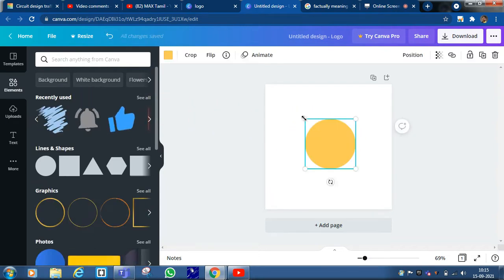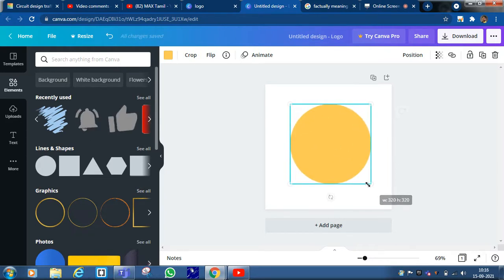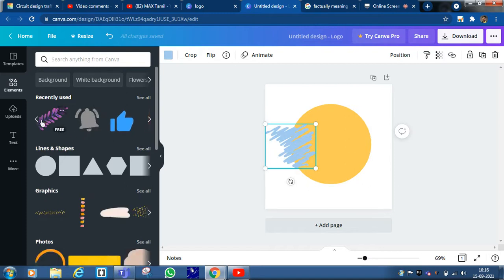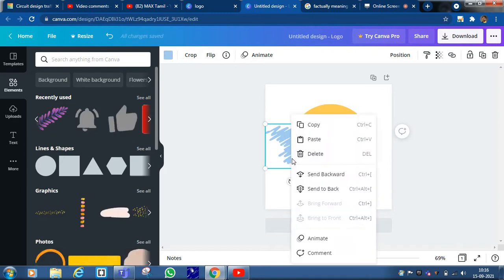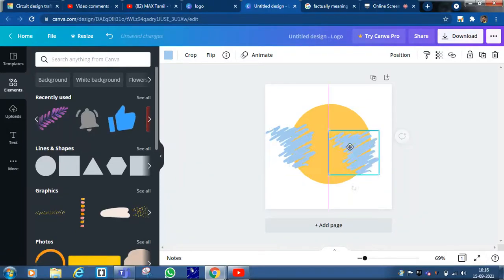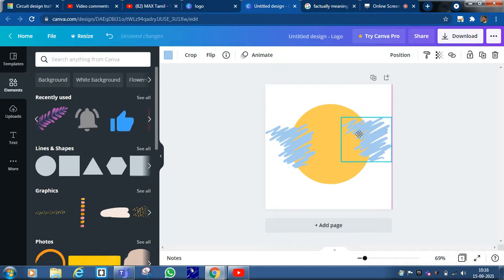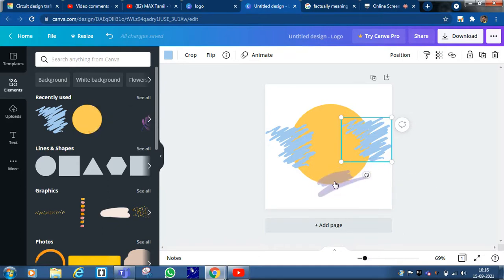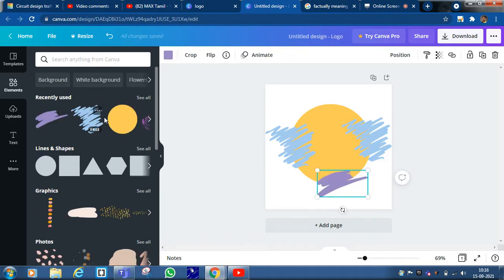First, we can take this round. For this, you should search yellow. Don't forget, for this you should search yellow. So next I'm taking this. You can copy this and I'm again pasting this. I got the shape like this, and I'm adding this here and this leaf here,